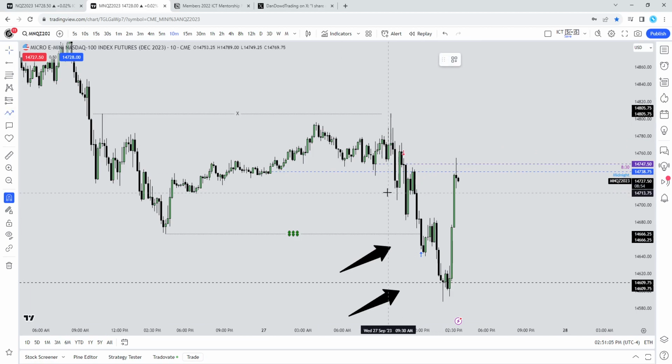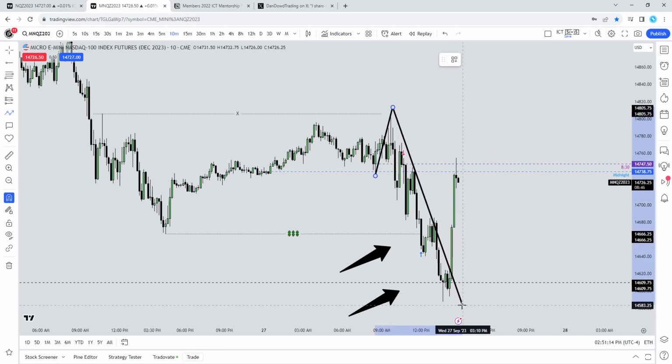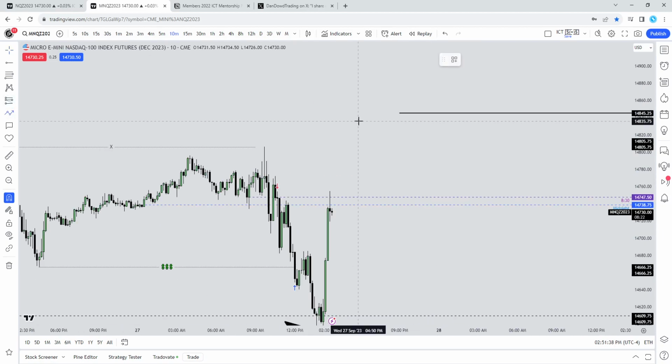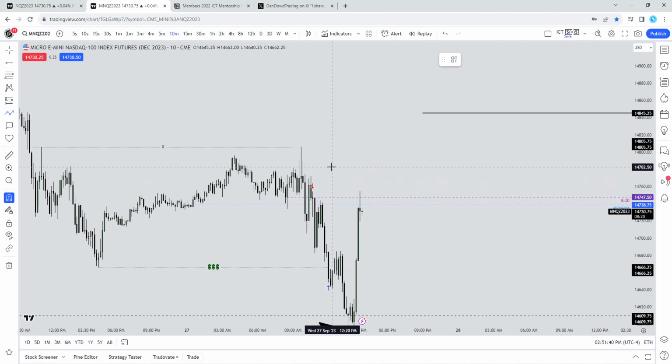Now, what's a Judas swing? A Judas swing is when the market goes in the opposite direction just to fake out and manipulate stop losses before continuing towards that daily bias. Now, we had the daily bias that price is going to head down to these lows down here, which is what it did. So the specific signature that we're looking for to indicate that we have high of the day in